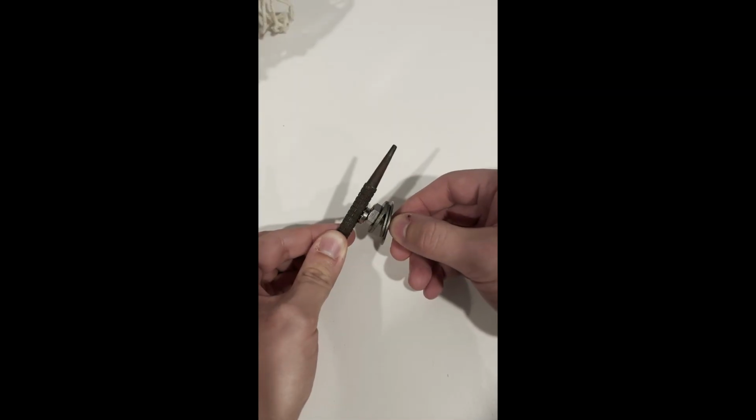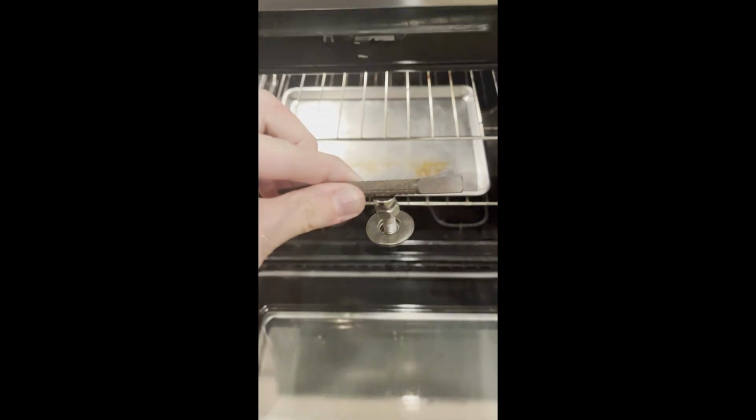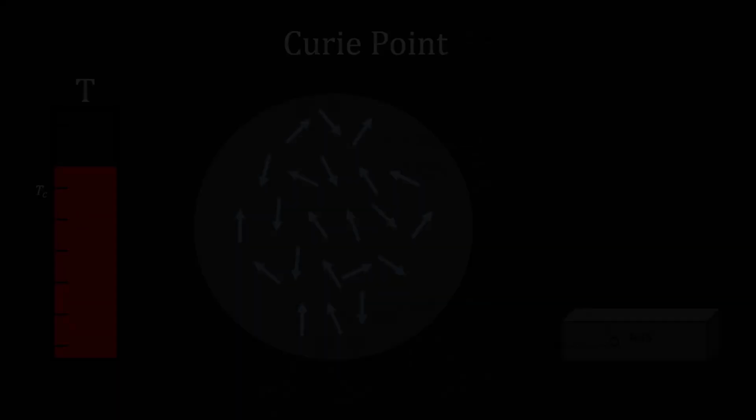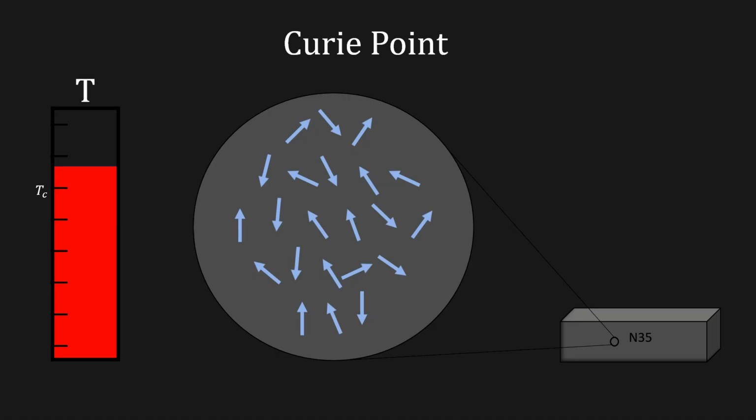To demonstrate this, I attached a steel bolt to a magnet and heated it up in the oven. As the temperature increases, the magnetic forces weaken, until eventually, it can no longer support the weight and the bolt falls. For magnetocaloric refrigeration, this is critical, since the strongest alignment with the field occurs when the material operates near